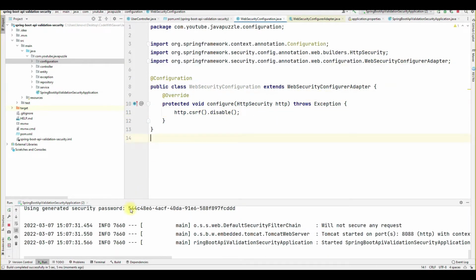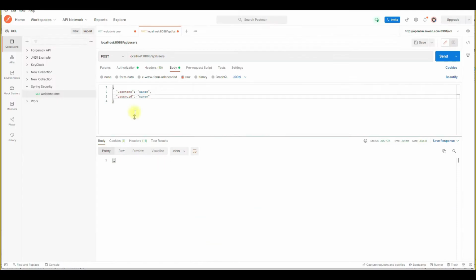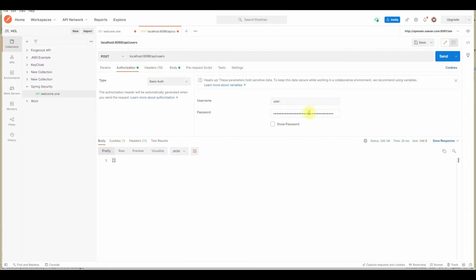Our password is changed, so let me copy this password and go inside the authorization, paste it here. Now I will try to post again. Send it. Now we are able to save our data.